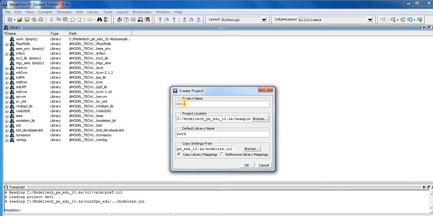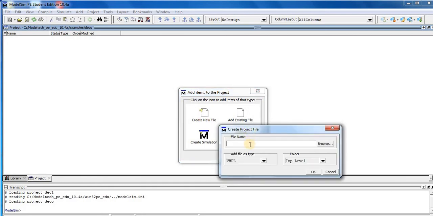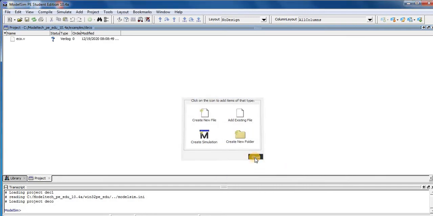I type DEC4, press OK, then create a new file. The file name is ECO, add file type as Verilog, press OK, close this window.